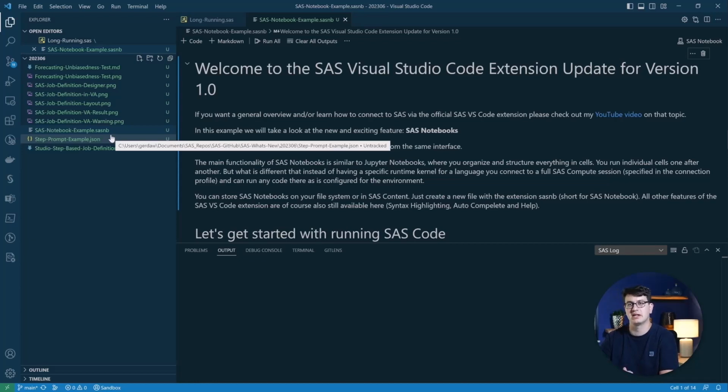But the advantage is that with SAS, you can not only run one type of code, because the kernel is a SAS compute context, you can run Python, you can run SQL, and of course everything you can do within SAS. So for us, we are going to take a look at this.